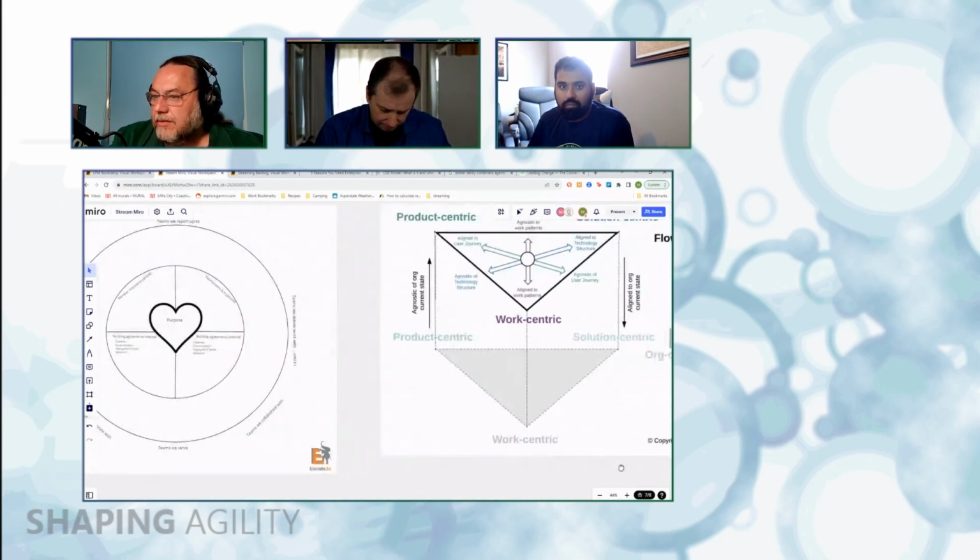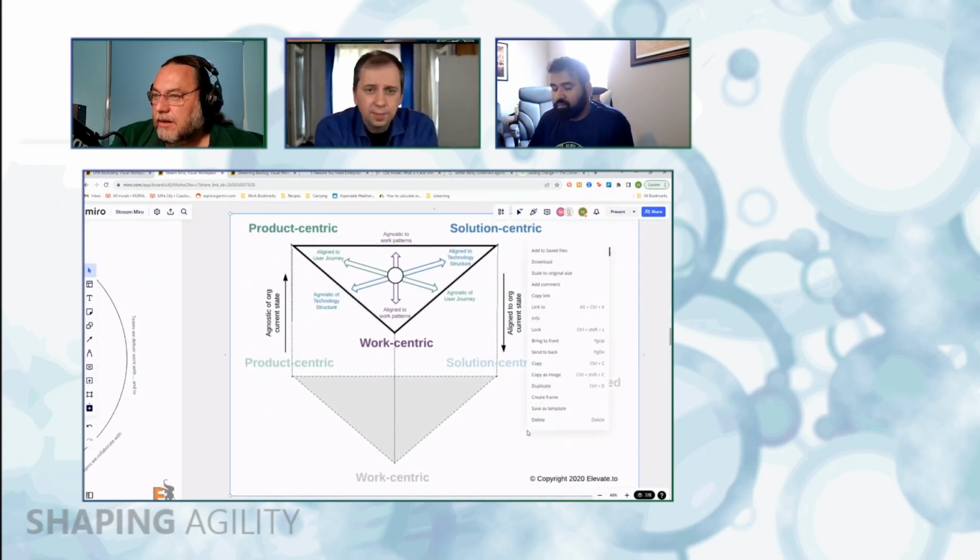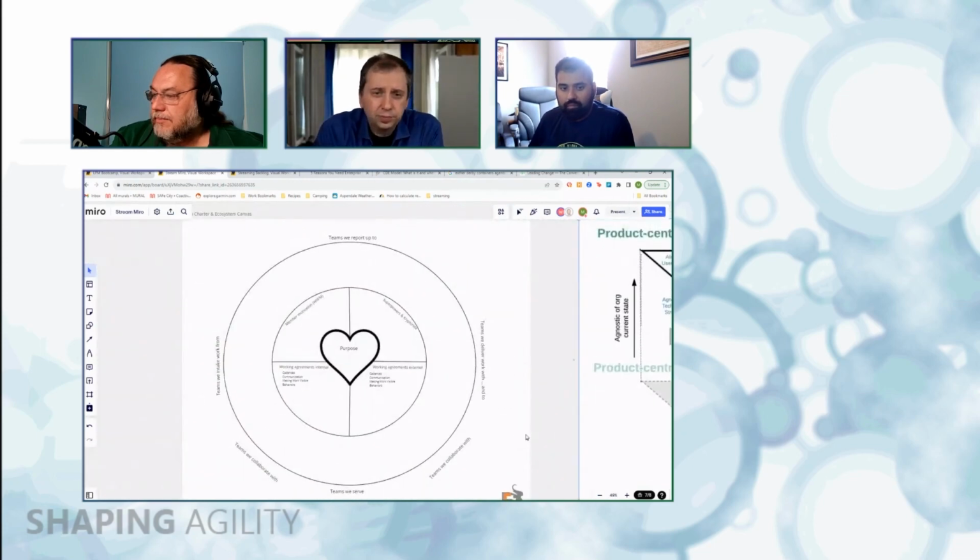Which diagram do you want me to zoom in on, Eric? It feels like probably the right-hand one. Probably the left one. The first circle one is probably better. The other one's interesting, but